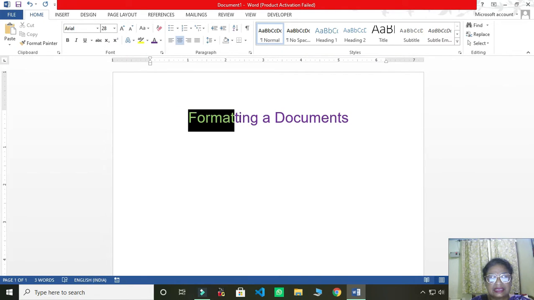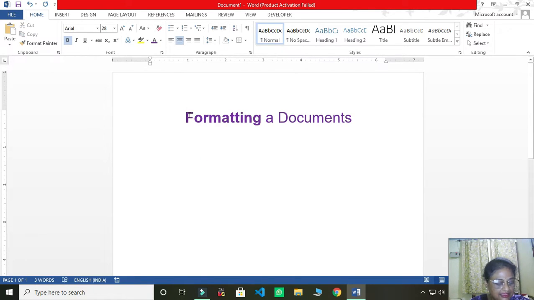I want to make this text a little darker. So how can I do it? Simply select the text and go to Home tab, and there is a font group and there is a button B. So you just click on it. Your text will become darker than the rest of the text.